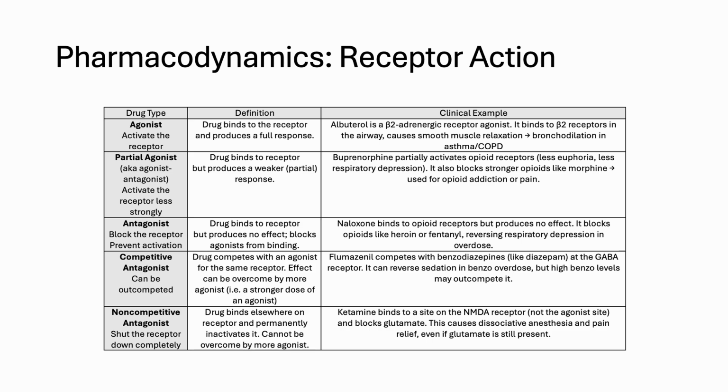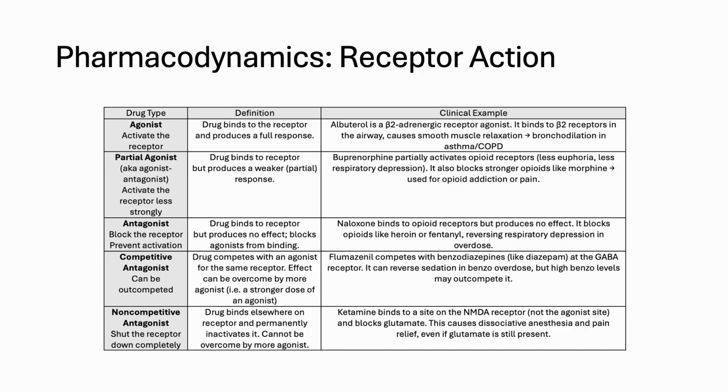So as another example, naloxone binds to opioid receptors, and it's a really strong antagonist. It kicks off opioids from opioid receptors. That's how strong it is. And it can reduce respiratory depression. Competitive antagonist. So this is an antagonist that wants to bind and block everything, but it's not that strong, so it can be outcompeted. So if you took too many benzodiazepines, if you overdosed on benzodiazepines, you would take an antidote called